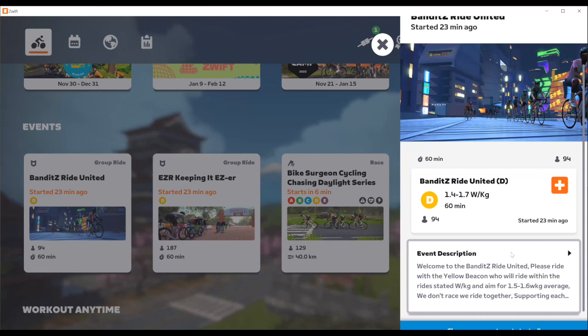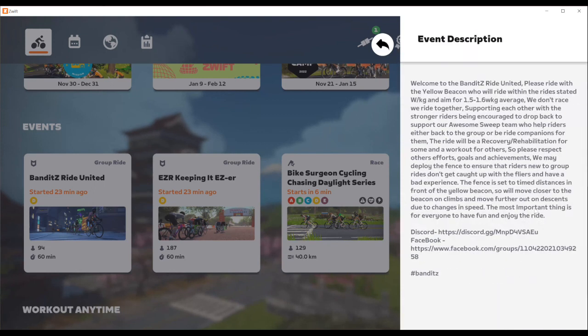It also gives a full description of the event. You can click on that, and it will go through and explain what it is. As you can see here also, as I mentioned about Discord, they also have a Discord channel. During this ride, you would be able to click on that Discord link and engage the folks who are on that ride in chat, video conferencing, or through voice interaction as well.